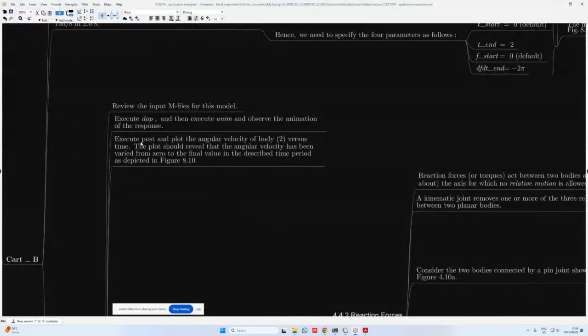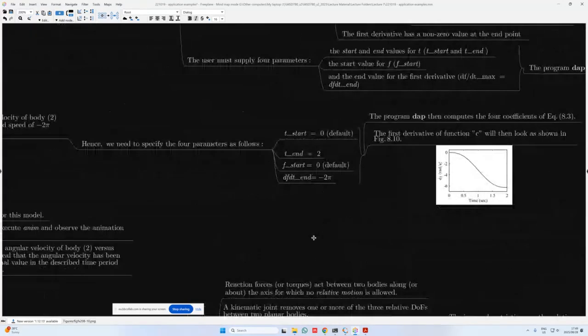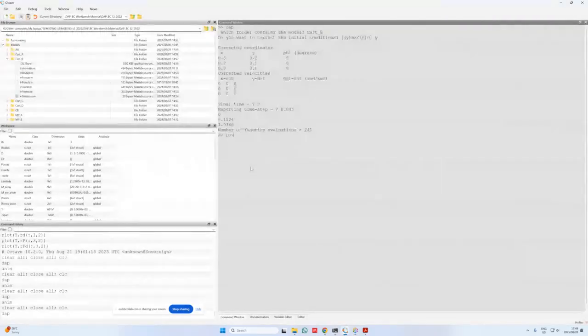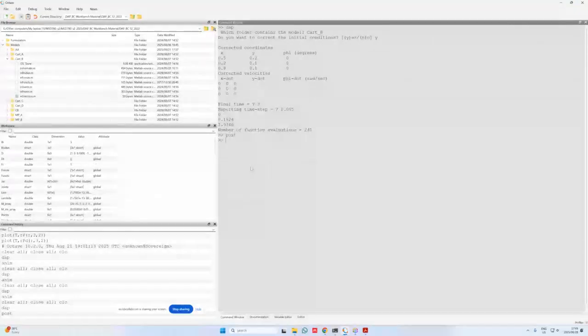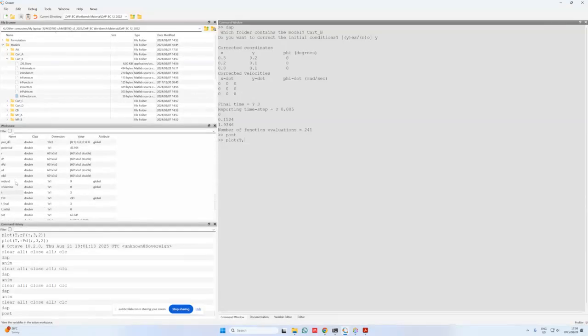It says that I need to execute post and plot the angular velocity of body 2 and see if it coincides with what I get in figure 8.10. So to do this, I'm just going to type in post over here. And now I can start plotting. So to plot, I'm just going to type in plot. I'm going to use on the x-axis the time variable, so t. And now since I'm interested in the angular velocity, I'm going to scroll down and I'm actually going to use